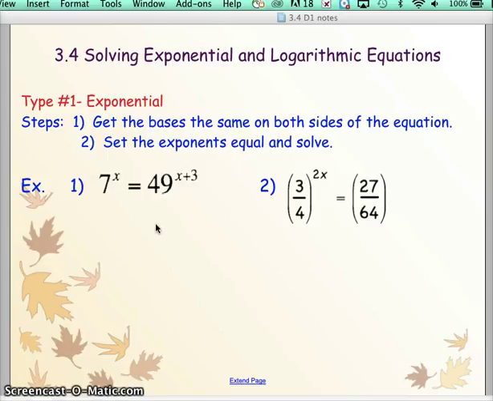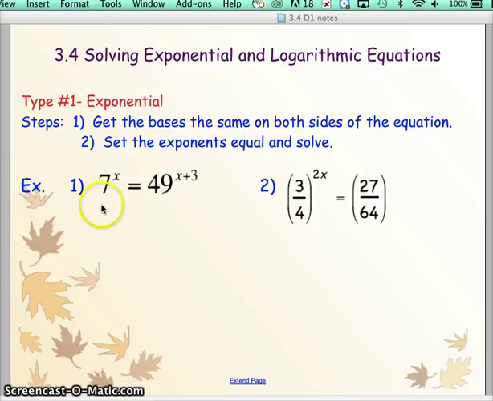All right, so this is just some more work on exponents and logarithms and just a few more little tricks you can try depending on the kind of problem. So our first group of problems are exponential problems. And one trick you can do is try to get the bases to be the same. And if the bases are the same, then you can set the exponents equal to each other and then just